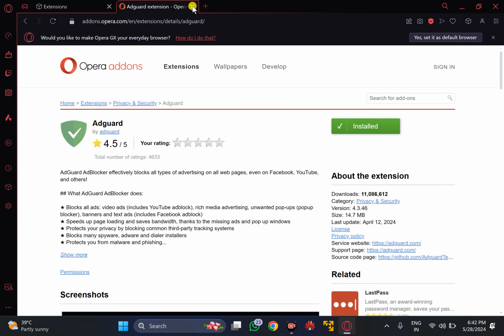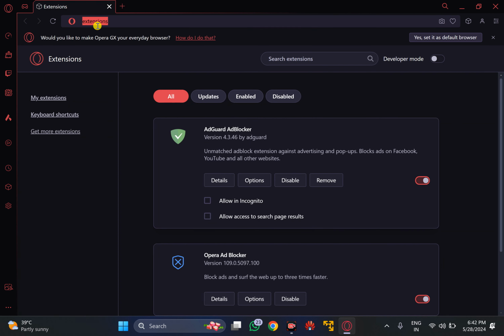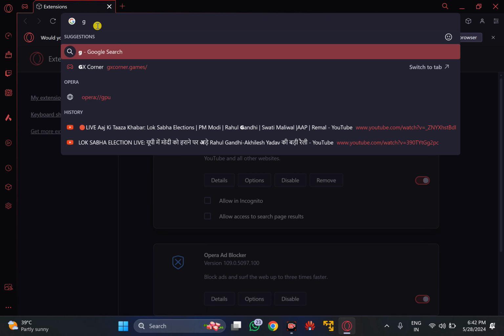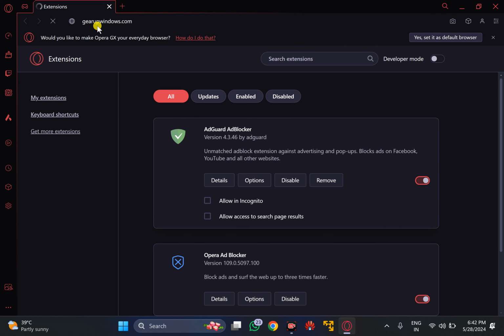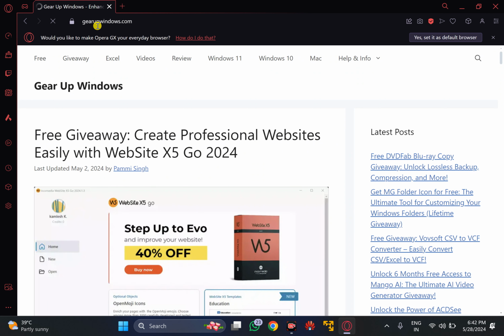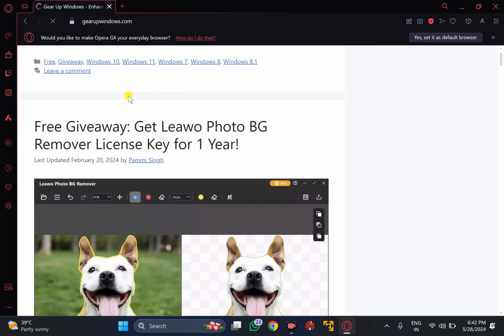From now onwards, when you will visit any website, you will not see any ads on that website, such as gearupwindows.com. Just visit it without enabling ad blocker and see the difference after disabling and enabling ad blocker on your Opera GX browser.